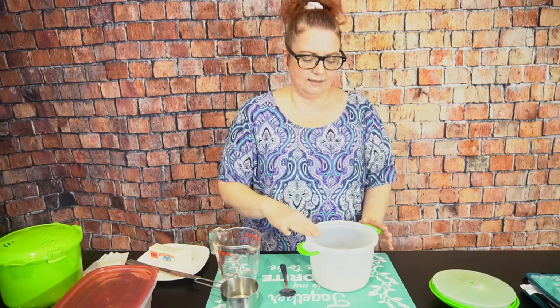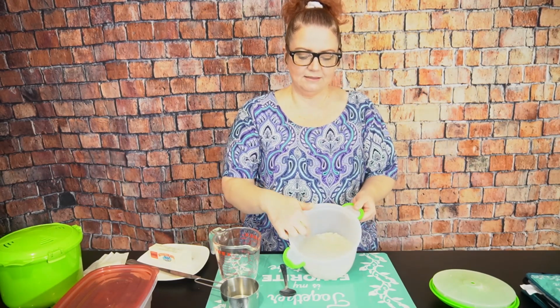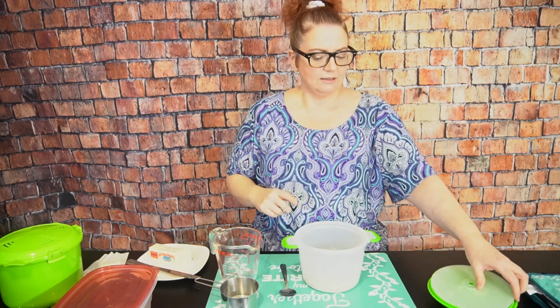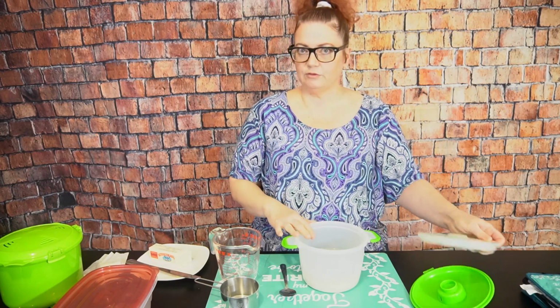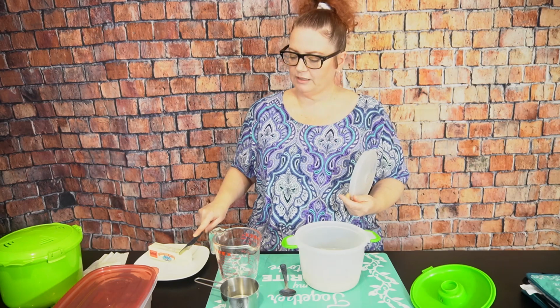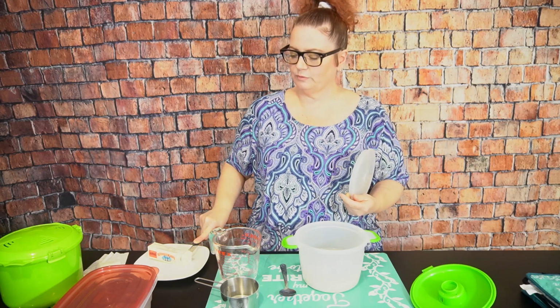I don't usually rinse my rice, but you can rinse your rice beforehand. It rinses away if you can see how the water is now opaque because of starch. So if you want to get that little bit of starch out of there, you can rinse it. So then into our container, and if you don't have this, we're also going to put in like a teaspoon, I don't know, a pat of butter,